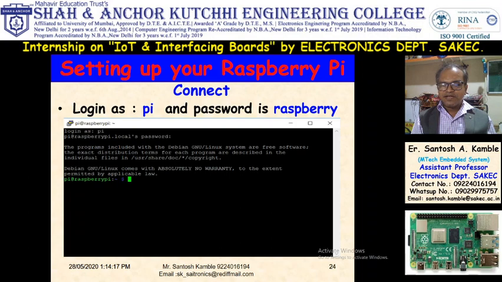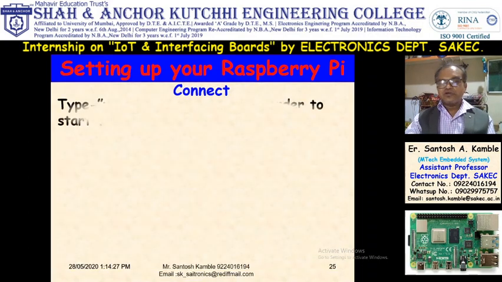In the traditional method it is simple: just go to Raspberry Pi configuration and enable VNC and SSH. But now we don't have a monitor or keyboard, so how do we enable VNC? For that, you have to use one command.